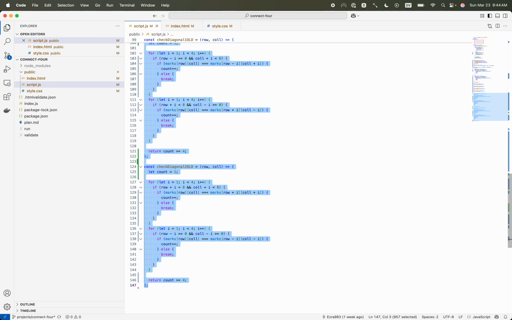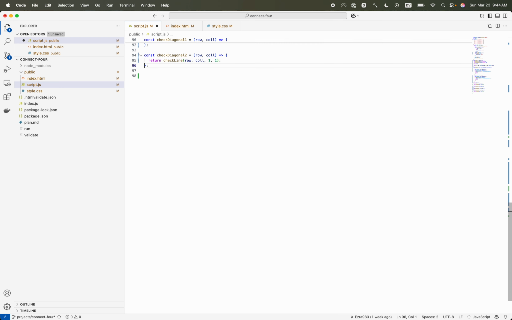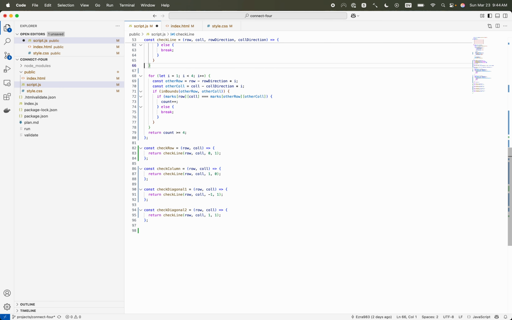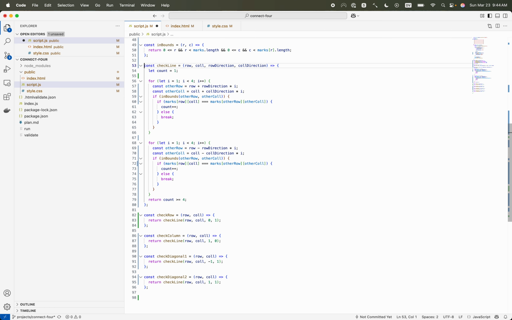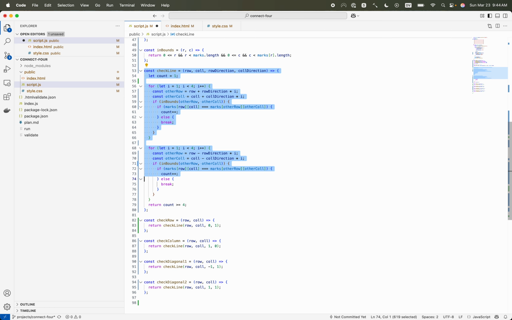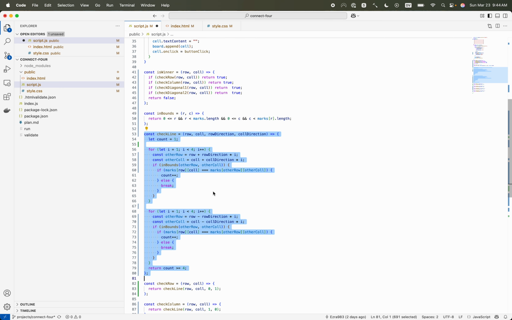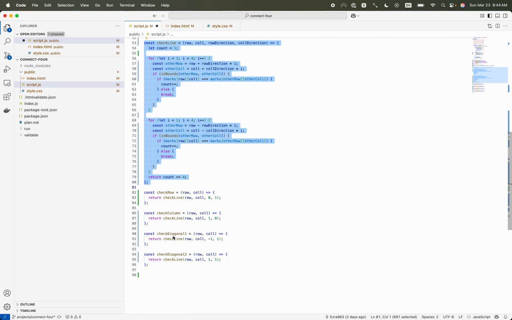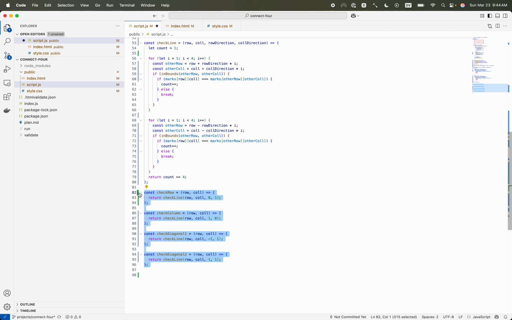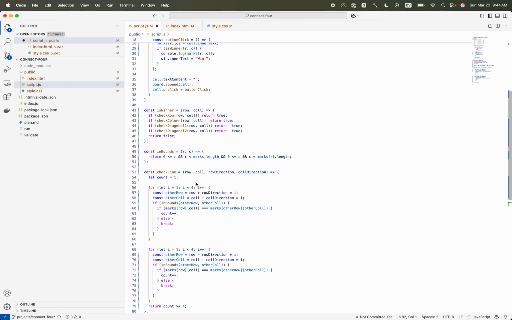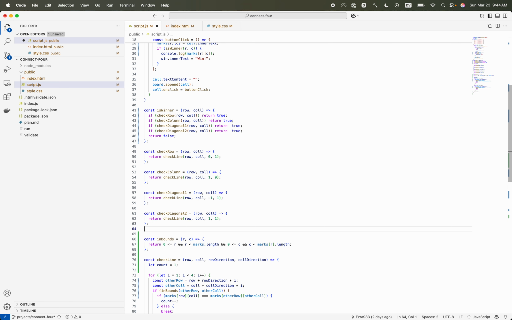And now our check line is still 20 lines long or whatever, 30 even. And we added this in bounds. And isWinner is basically 5 body lines, and these are actually all just one line each, so much so that I could copy these up here and look at them. I might even just